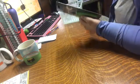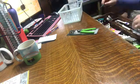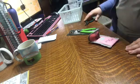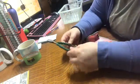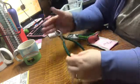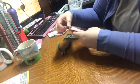Okay, so this is another eBay find. I'd been looking for snips, die snips for my dies. Let me show you what I have. It's just absolutely ridiculous. I have these, which I got at the Dollar Tree, which I don't know if you can see. The metal is so soft that the metal is breaking just doing my dies. Crazy ridiculous. And then I also have the Bind It All